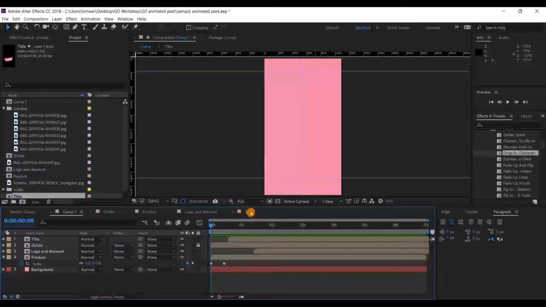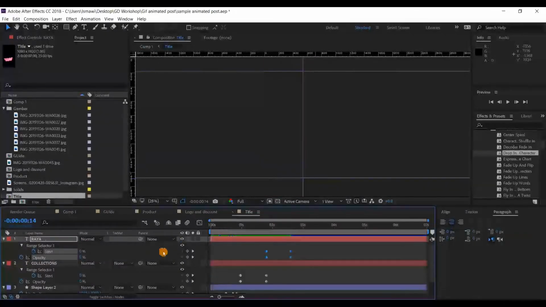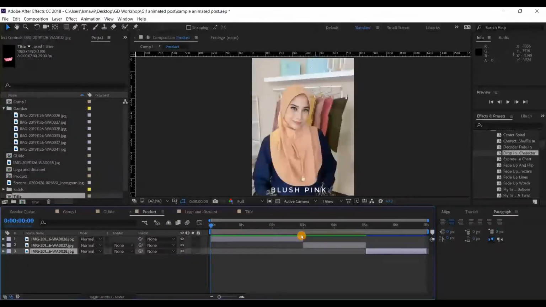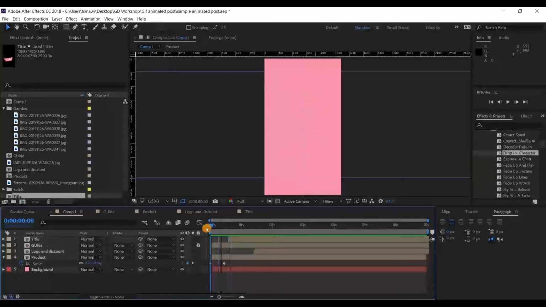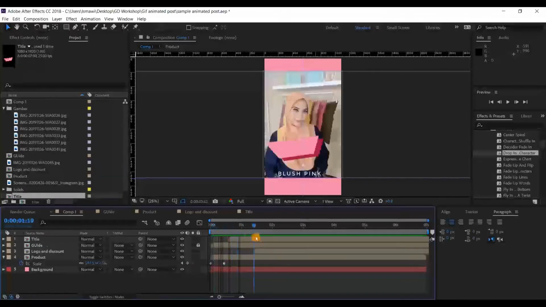If you want to modify, you just go to your element composition, where you can do all the animation or modification. Or if you want to change the title or the pictures of your post, you can do it there, because the size of everything is already locked according to our main composition, where we composed all the elements first before we do the animation.